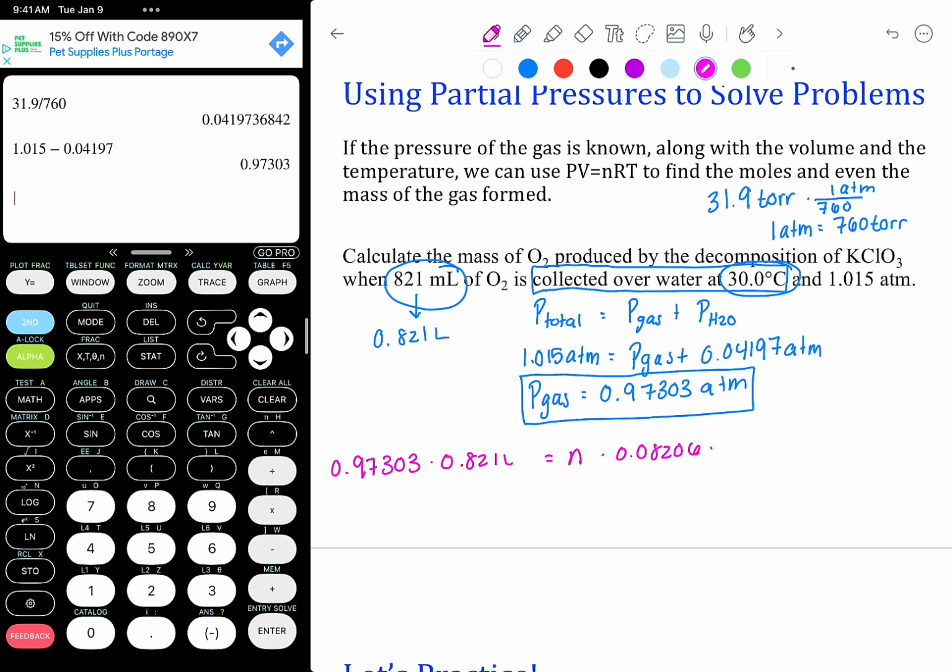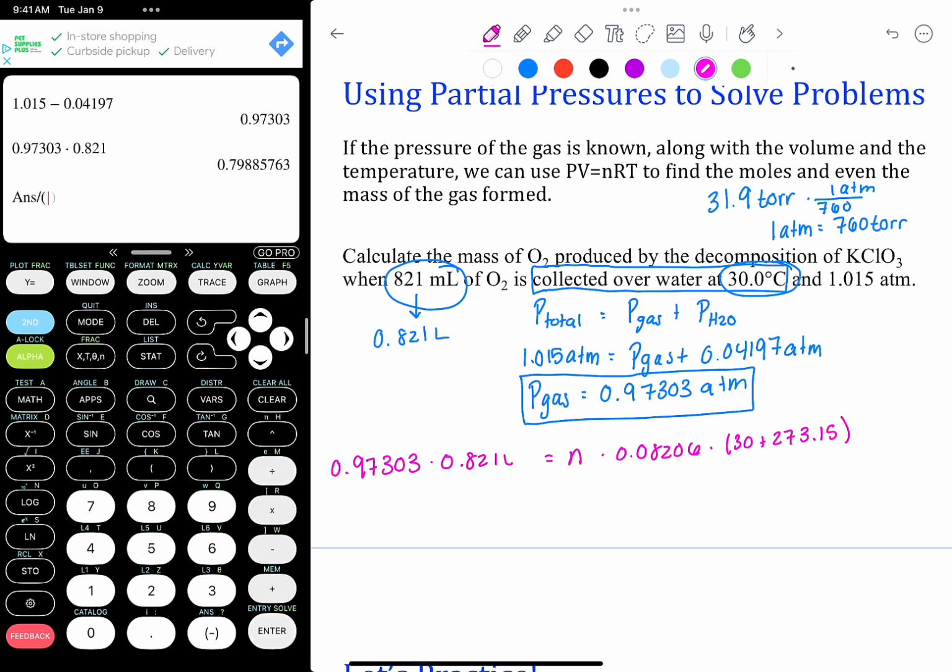0.08206, times the temperature, 30 plus 273.15. So we solve for n by doing 0.97303 times 0.821, and we divide that by R and the temperature. So we get an n value of 0.0321 moles of,